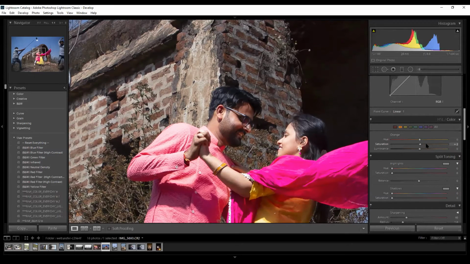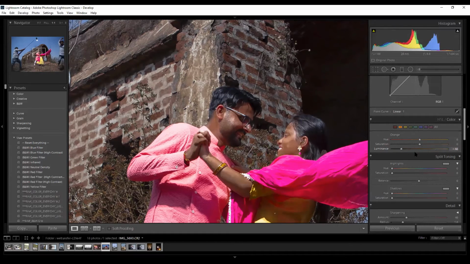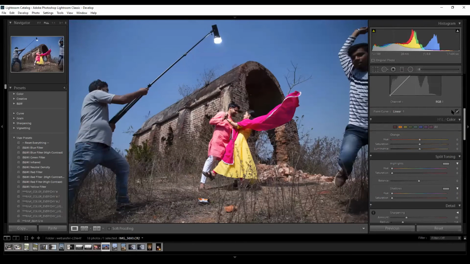Now if I increase the saturation, it will change more of the saturation of the skin color, and if I increase the luminance, it will increase and decrease the whites and blacks of our skin tone. Same goes for yellow. Suppose this is the yellow color, I want to change it. Now I shift the color, increase the luminance, and you can see a total shift in the color. It's working specifically on the yellow. Some portion of yellow in the surrounding space will also get affected, so you have to see accordingly.